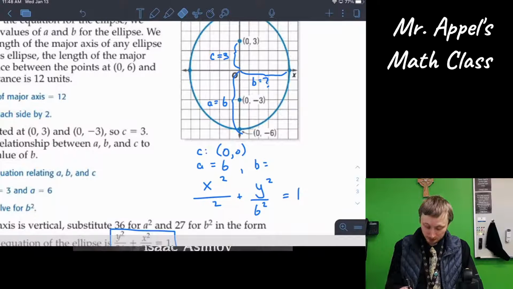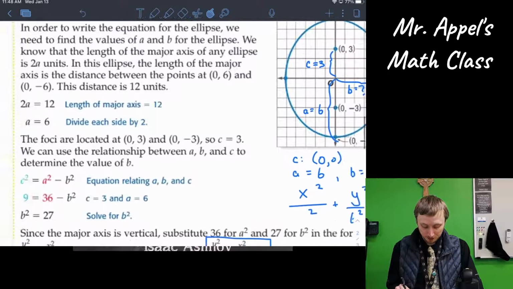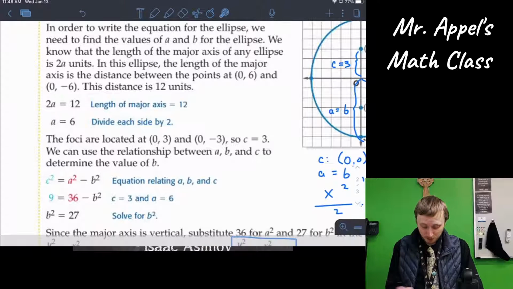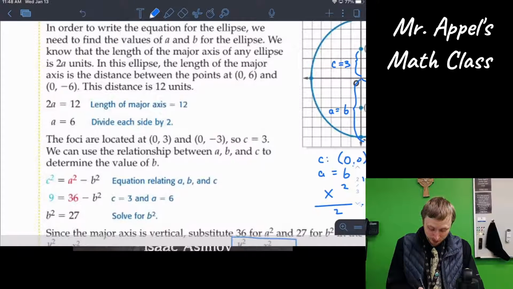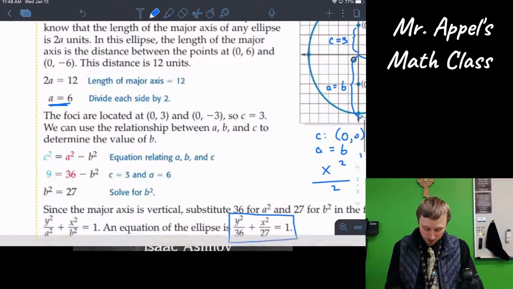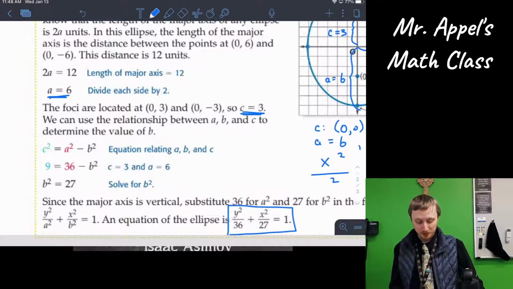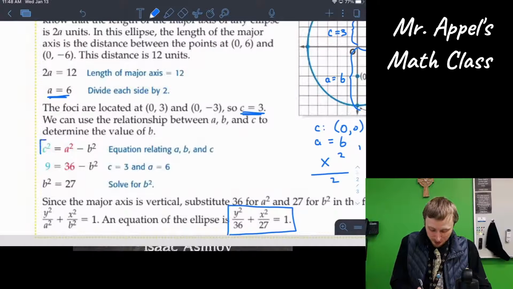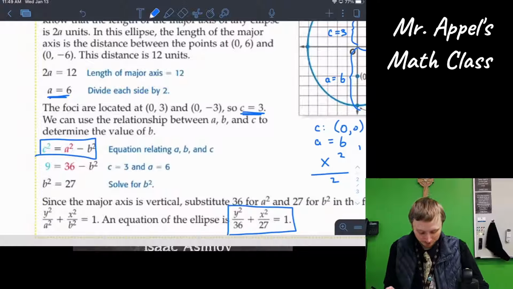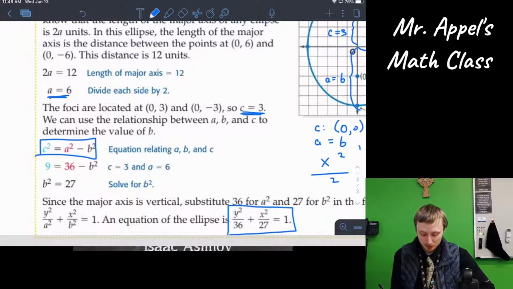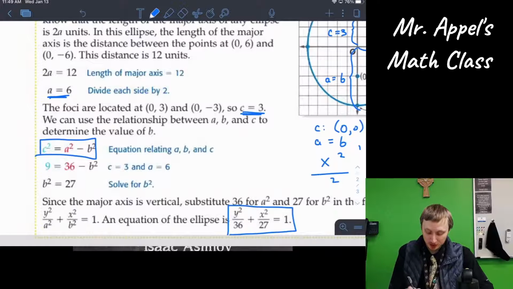Might as well clear that out because it's wrong. Okay, what do we know? We know A is 6. We got that much. We know the focal length is 3. We can read that. So now we got a Pythagorean theorem, okay, to get, in this case, they're using focal